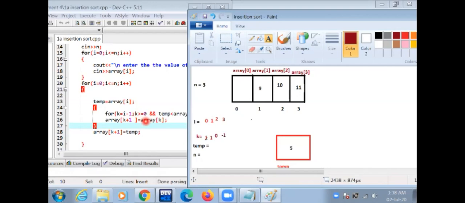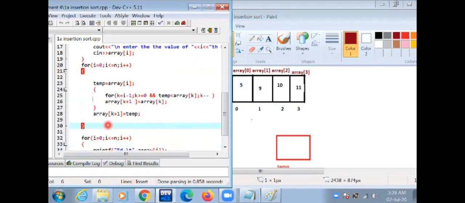Then array[k plus 1]: k plus 1 is 0, and the temp value is inserted in the first, 0, block. 5 is inserted here, and the loop is terminated.